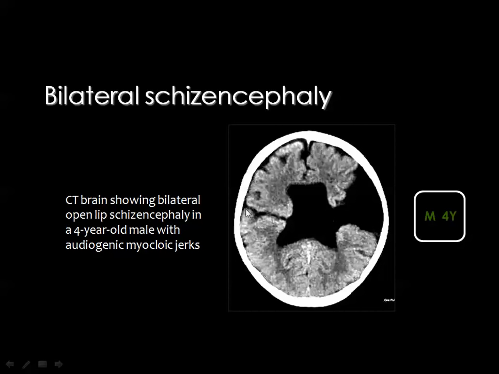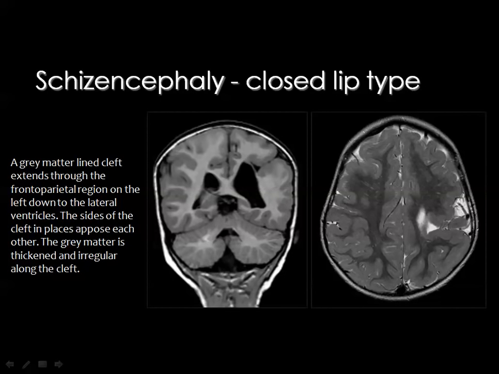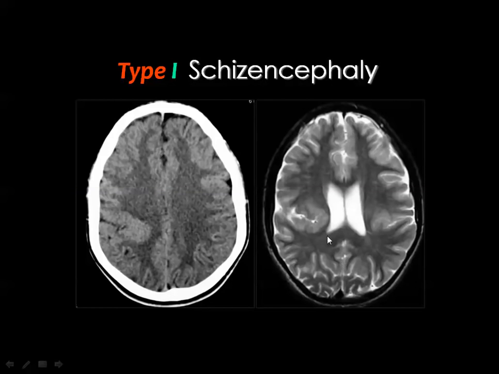And here is a closed lip schizencephaly, which is not communicating with the ventricle, with characteristic ventricular diverticulum corresponding to the site of the cleft. And this is also a schizencephalic cleft, which is not communicating with the ventricle, lined by cortical tissue in the axial and in the coronal plane. And here is an example of closed lip schizencephaly not communicating with the ventricle and also lined by cortical brain